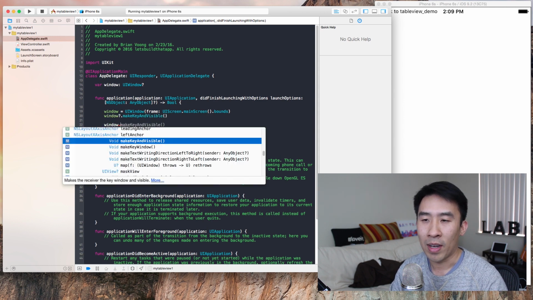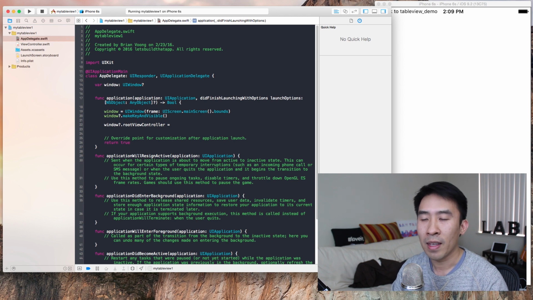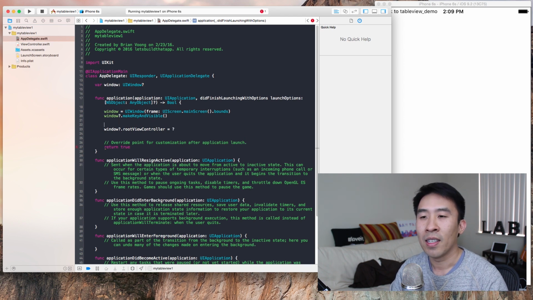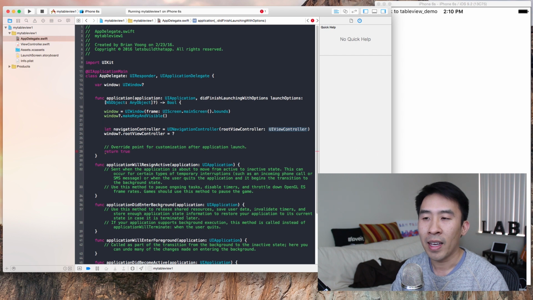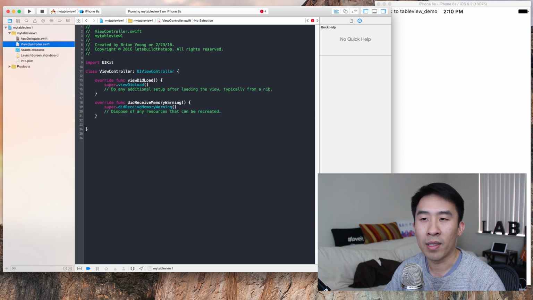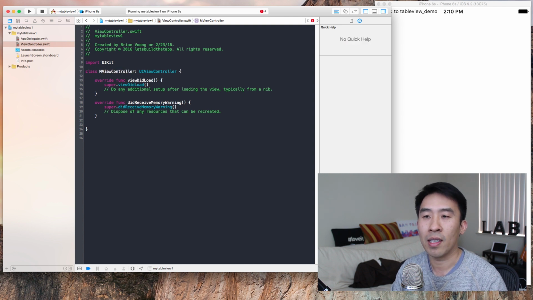You also have to specify the root view controller, which is also what the storyboard does for you. And so what goes in here? We will use a navigation controller like that, and provide a root view controller for that as well. And what is root view controller? Well, we'll call it something here, and that something is going to be the view controller that was given to us by the template project. I'm just gonna call it my